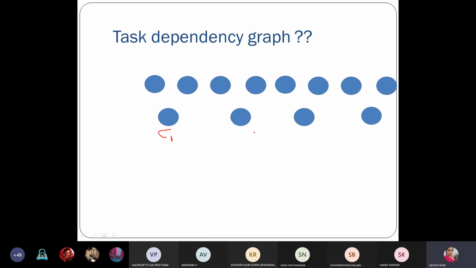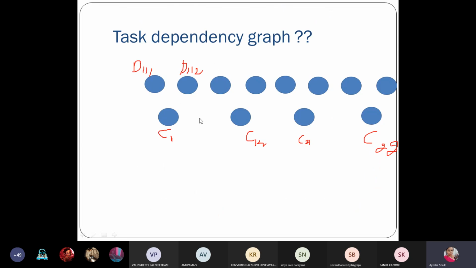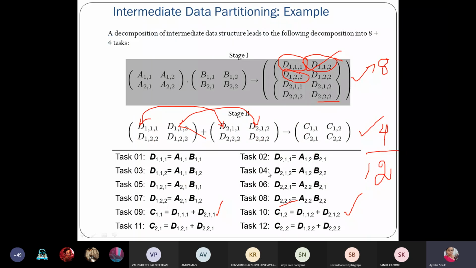So if I take this one as C11, this is C12, this one as C21, and this is C22, the dependency for C11 is only on these two. For C12 also, the dependency is only on these. Okay, so like this, we can get the task dependency graph from the tasks that we have decomposed.